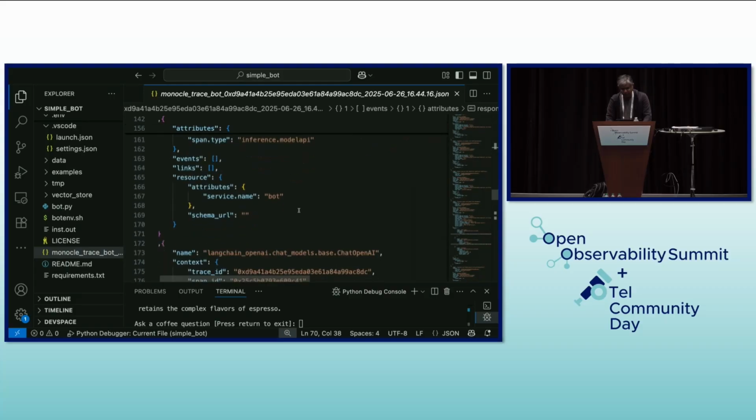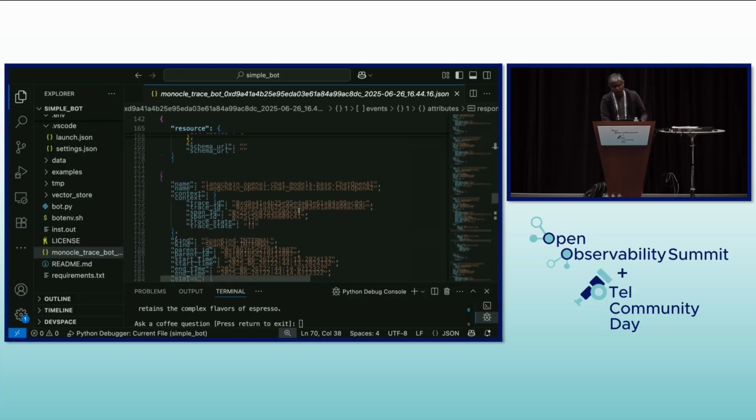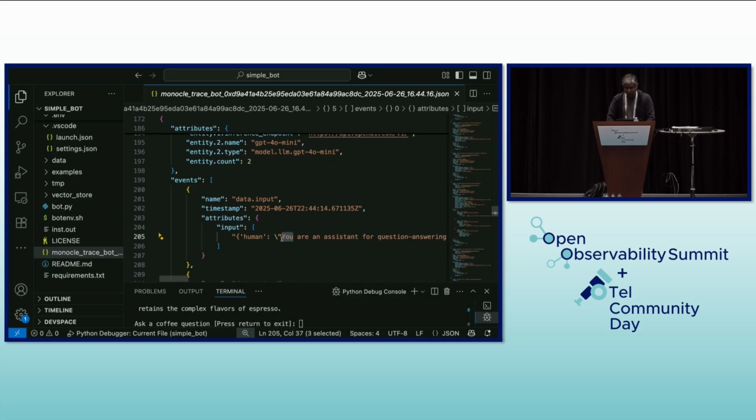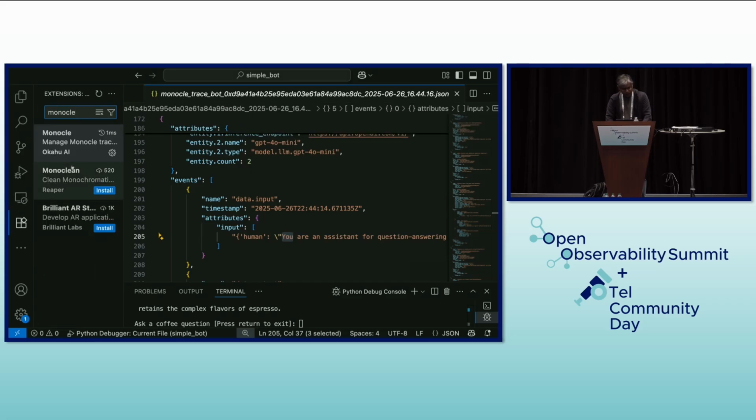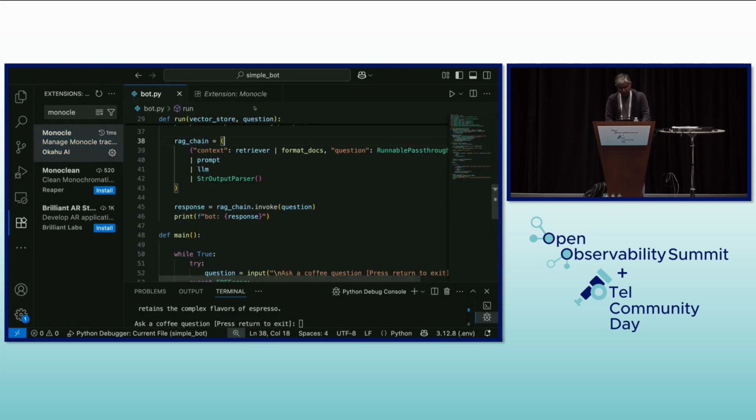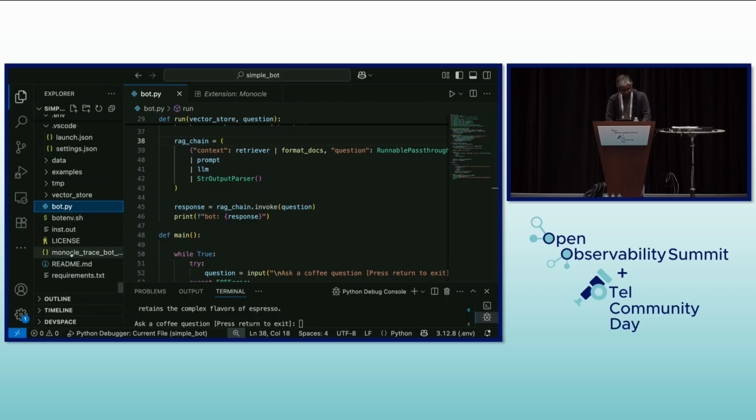The interaction with the actual model, what prompt I sent and what response I got back. To make things even simpler, there is a Visual Studio Code extension for Monocle. I've already installed it, which makes the instrumentation and reviewing a lot simpler. So if I go back to my trace file,